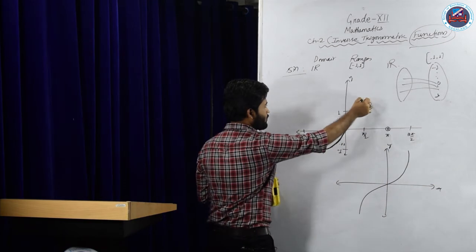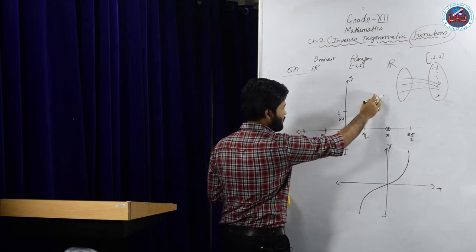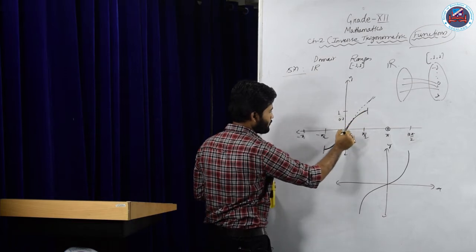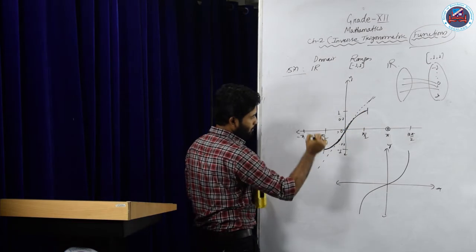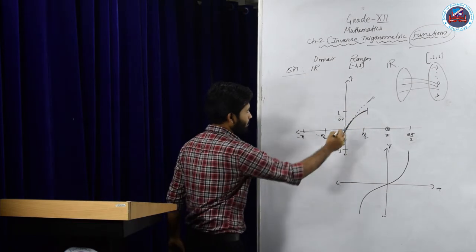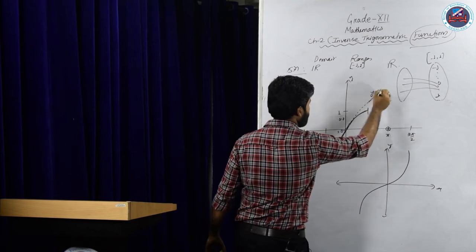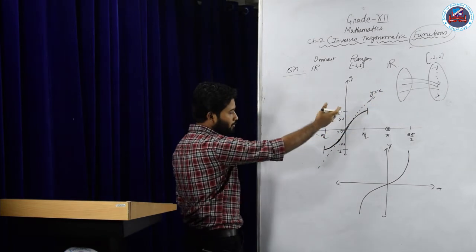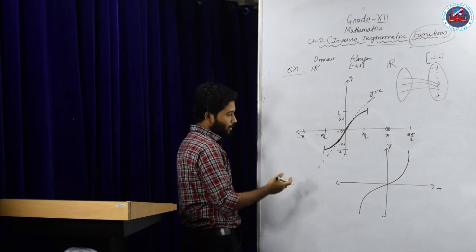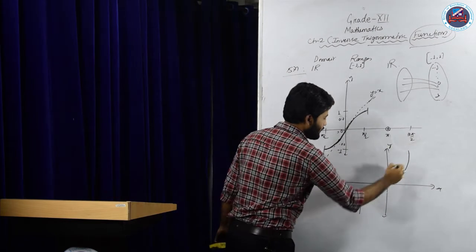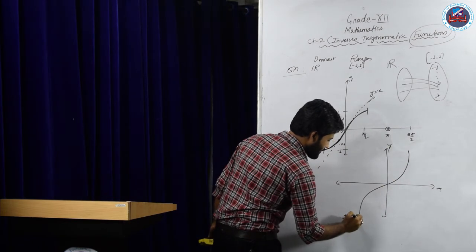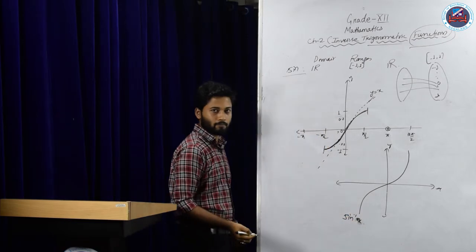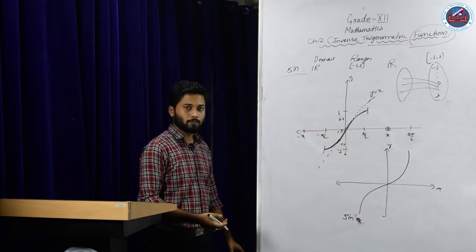That means if I draw a diagonal line here, that is y is equal to x, this is our line y is equal to x. And if we flip this graph with respect to the diagonal line, then we get this graph, and this is the graph of sine inverse x. Okay? So what is the domain now?